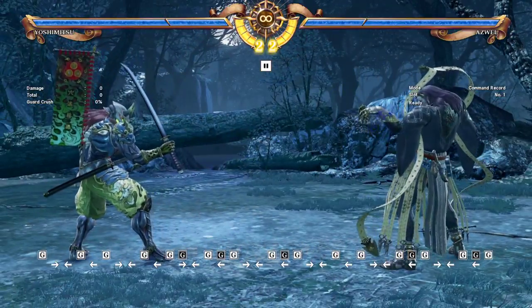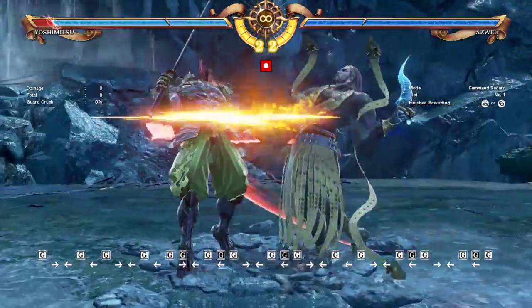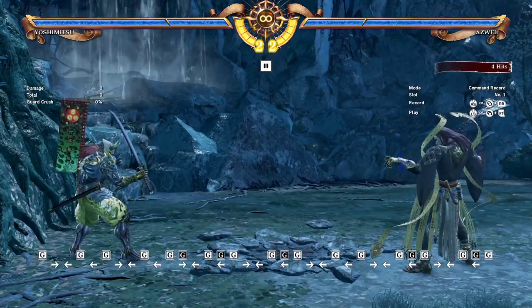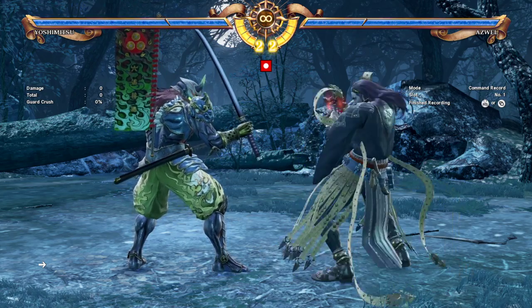So, sword, the whole premise of this stance is its exceptional punishment. With good whiff punishes, good standing punishment, really good crouch punishment while he has meter because he has an i13